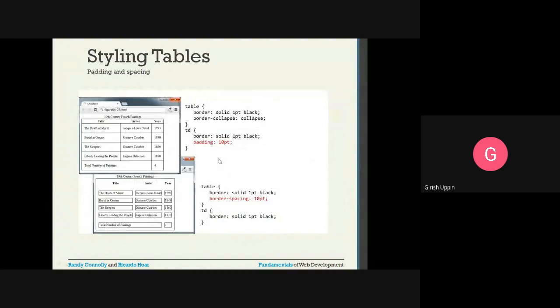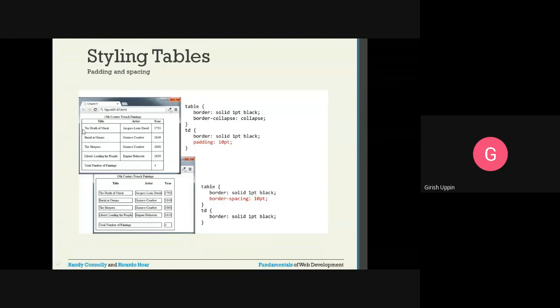Now next, padding. So as I said, we have used the padding inside the TD. So TD is what? TD is this data cell. This padding will be applied to the left, top, right and bottom. So right, this is default padding because one of the values is more, that's why you will get this padding.